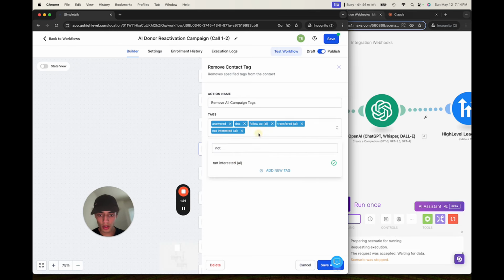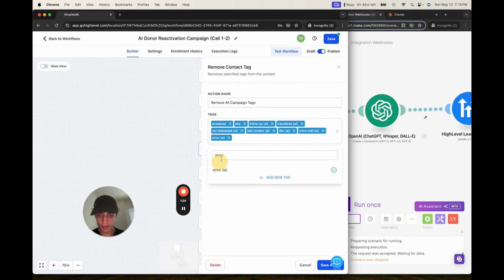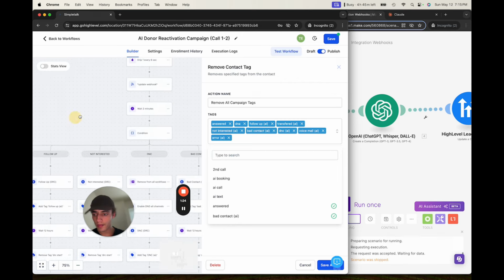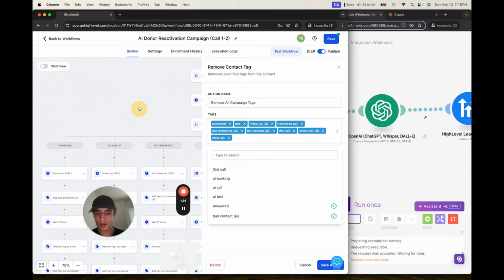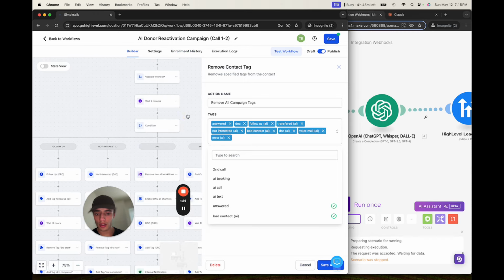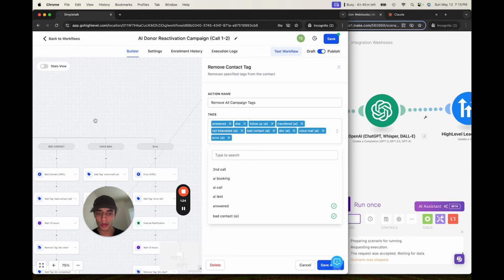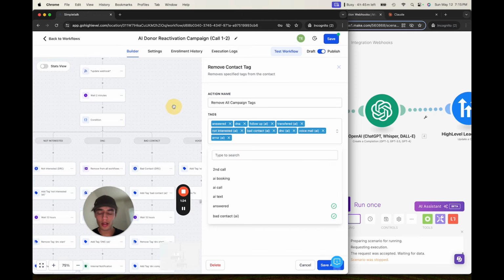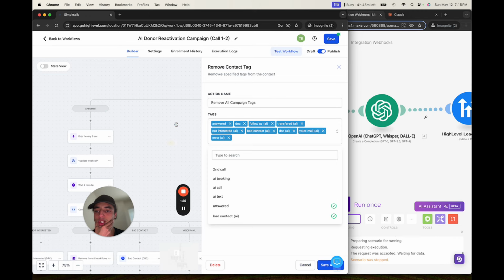Not interested. Bad contact. DNC. Voicemail. Error. What else we got? Transferred. Follow up. Not interested. DNC. Bad contact. Voicemail. Error. That's all of them. There's one more tag that gets auto populated by Simple Talk, and it's called transfer,